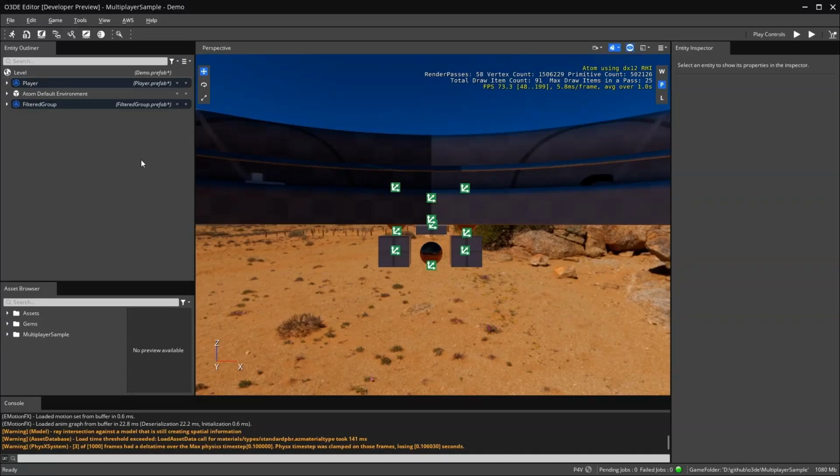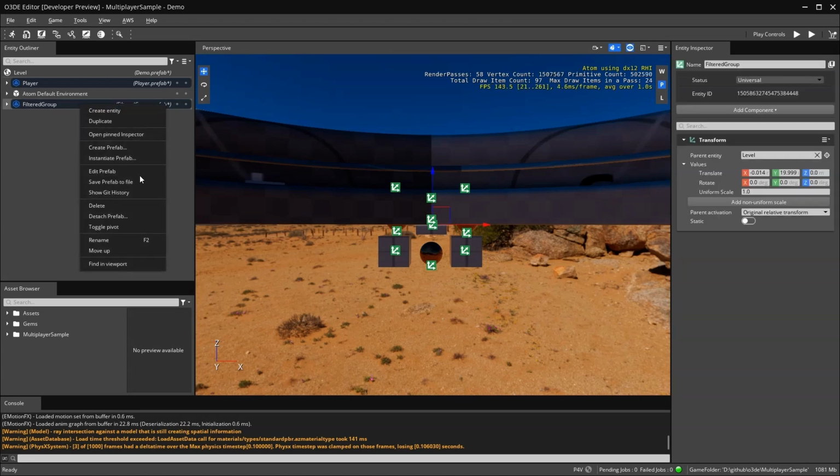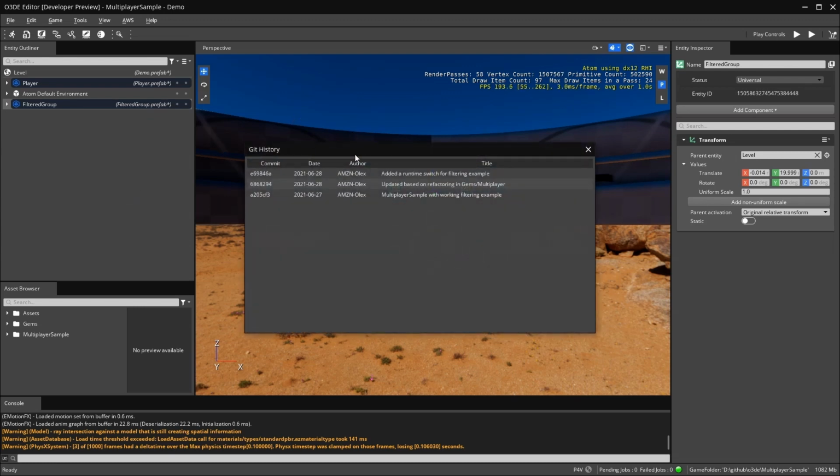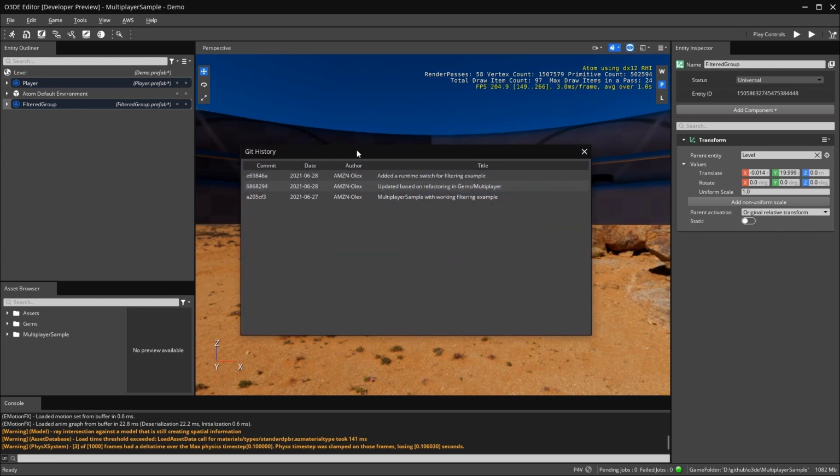I'm back in our demo level with our new changes loaded. So we can right click now on one of our prefabs. We see our new action for showing the Git history. We launch it, and now we have, voila, a nice Git history dialog that has a little table